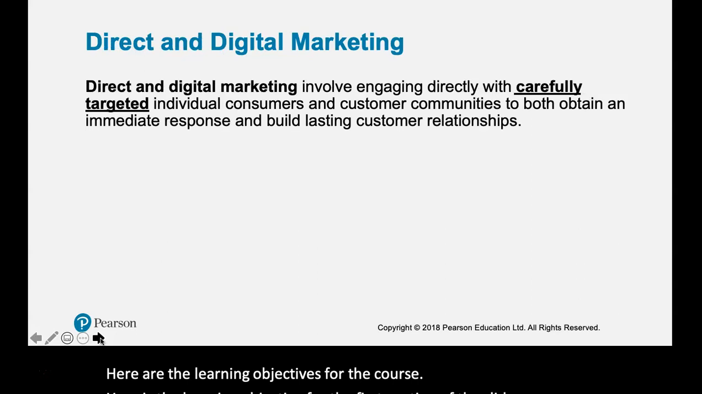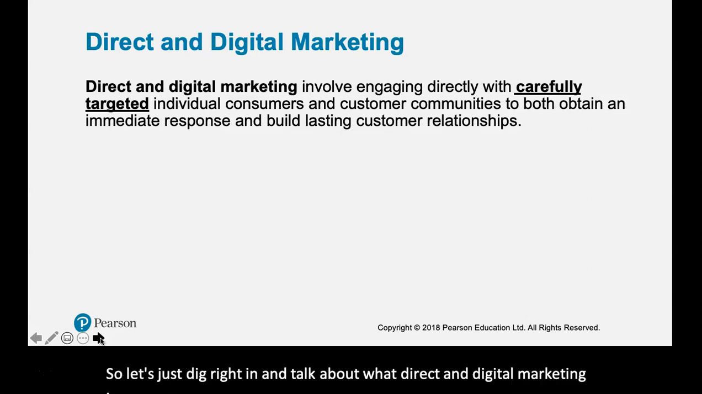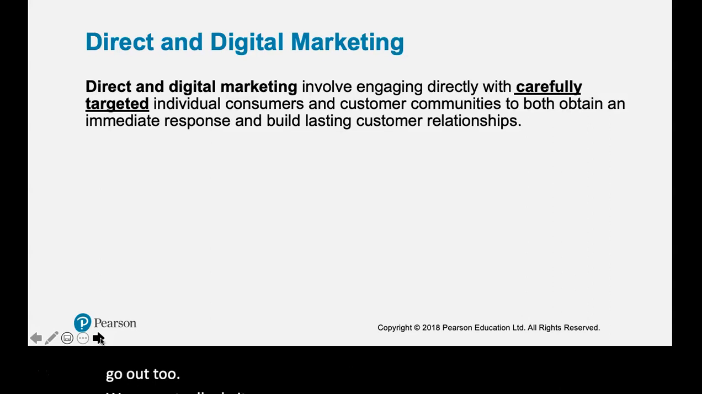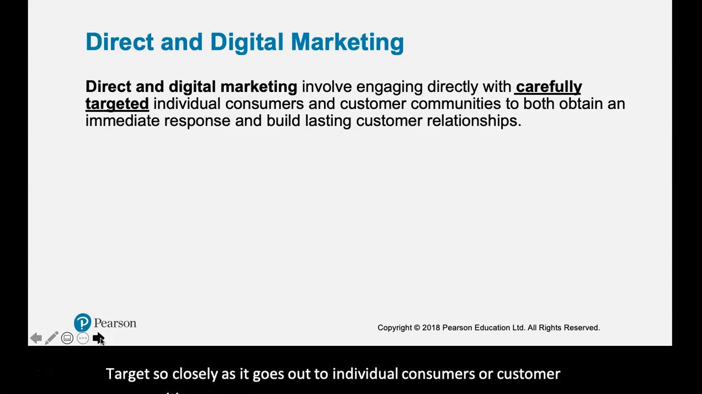And so let's just dig right in and talk about what direct and digital marketing is. One of the things that we can do as marketers with direct and digital marketing is we can really carefully target who we want our message to go out to. We can target it so closely that it goes out to individual consumers or customer communities. And a big advantage is we can get a fairly immediate response that's going to help us see how effective our message is,